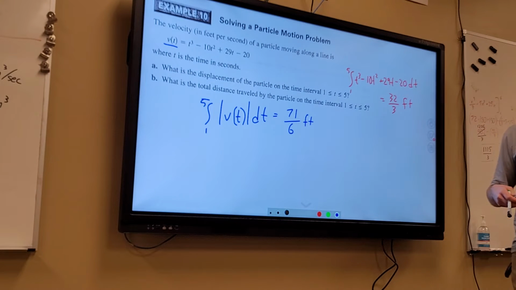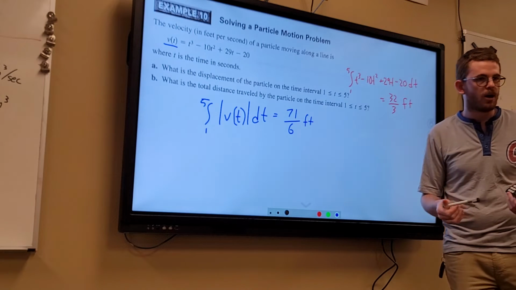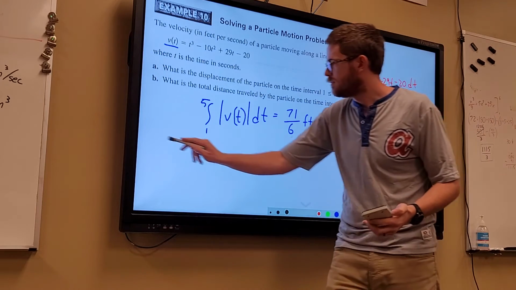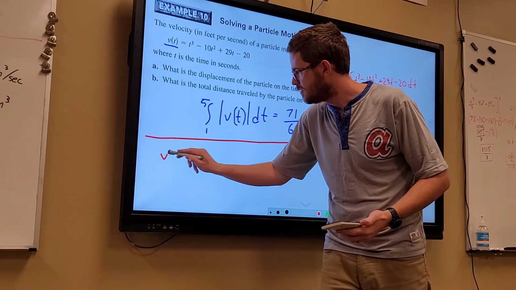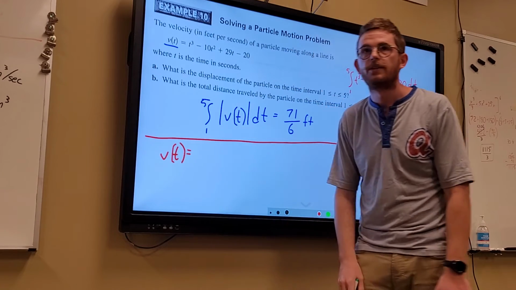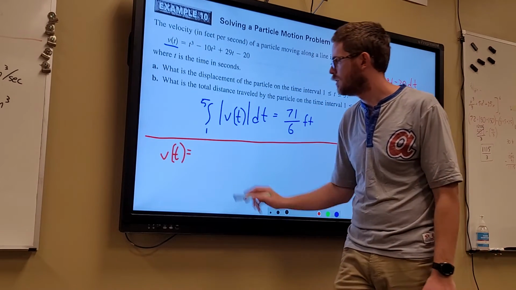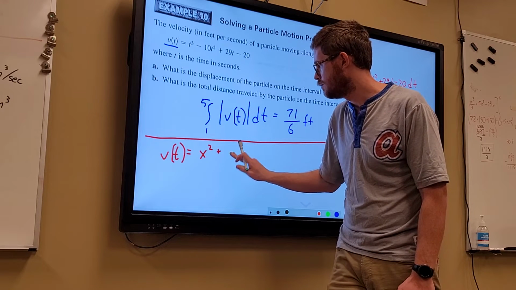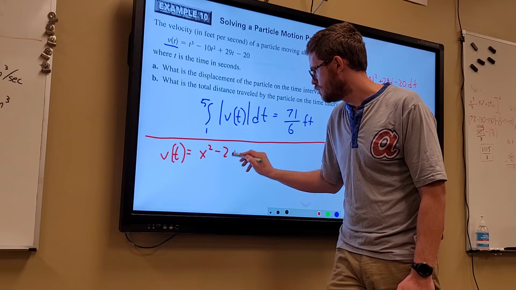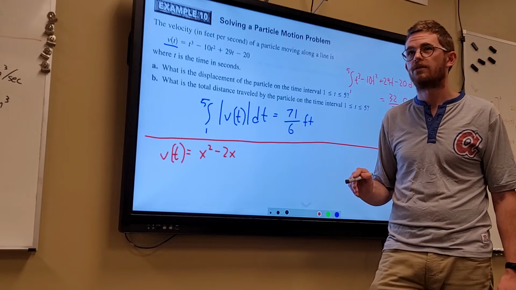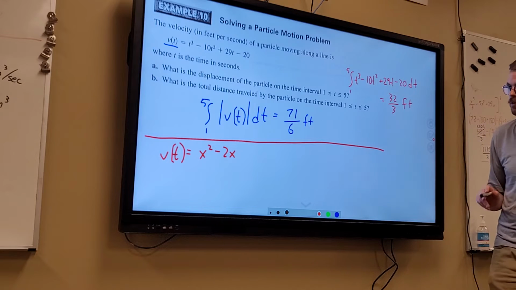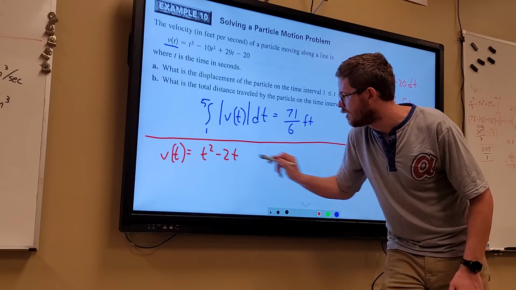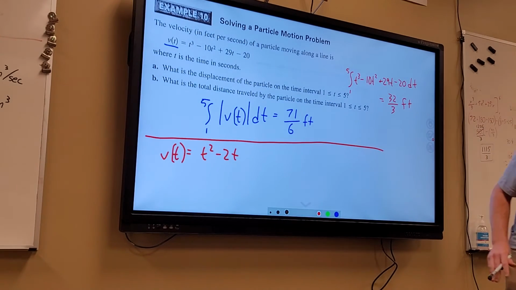So there could be a situation where we have a much simpler velocity function. Let's just see if I can make one up real quick. Let's say our velocity function was t squared minus 2t. All right, this right here, what we're about to do, could be an